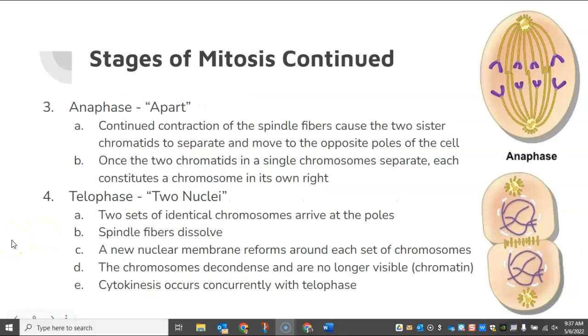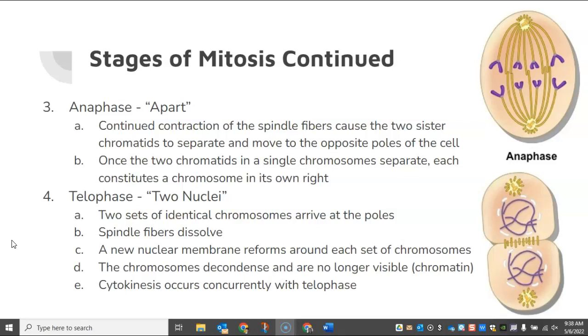Our next stage is anaphase. This is when we're pulling the chromosomes apart. So now our spindle fibers are starting to contract. They're going to move back towards the poles, back to the centrosomes. And then once they are separated, the chromatids are now separated and in a single